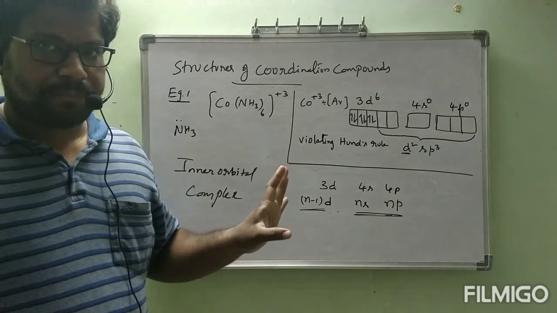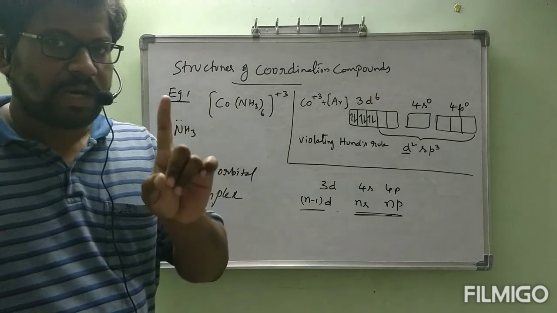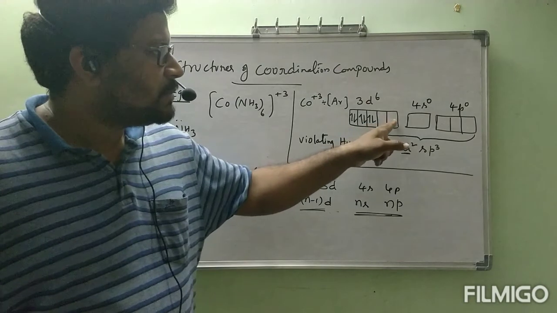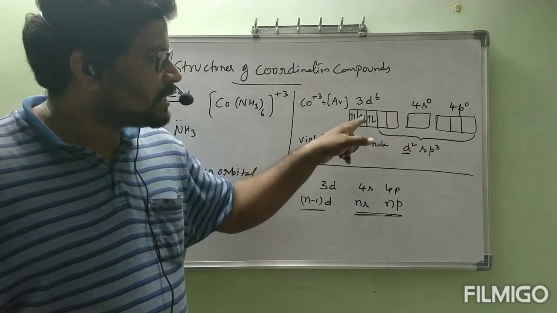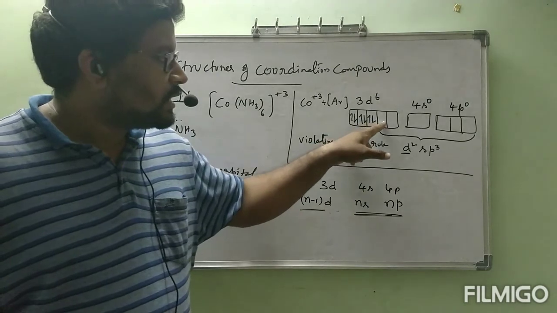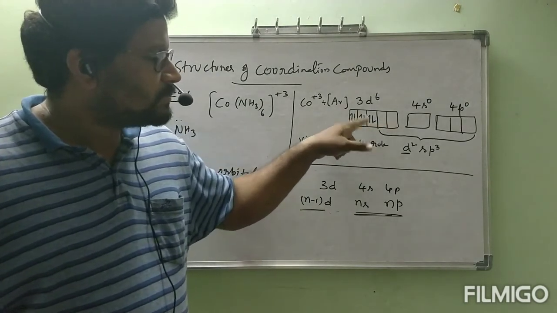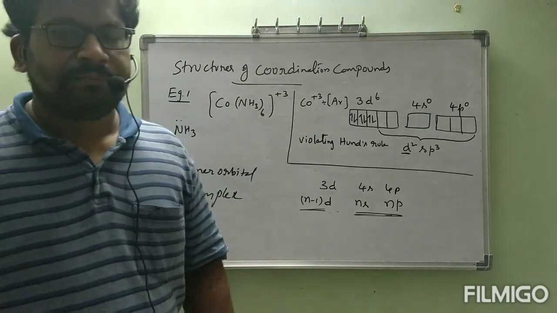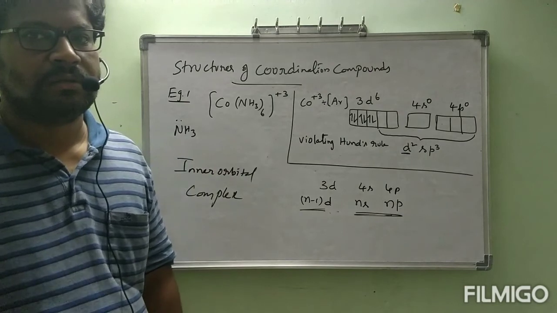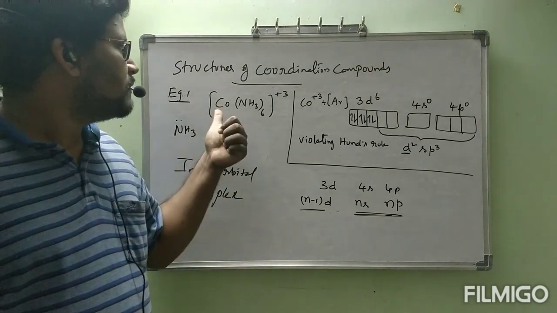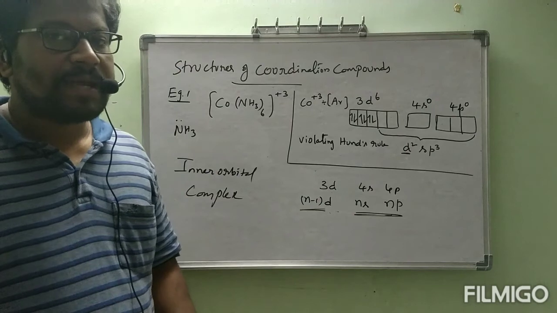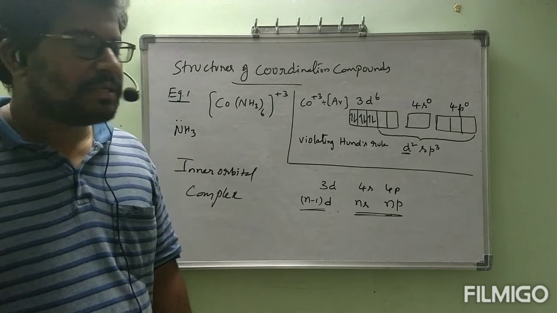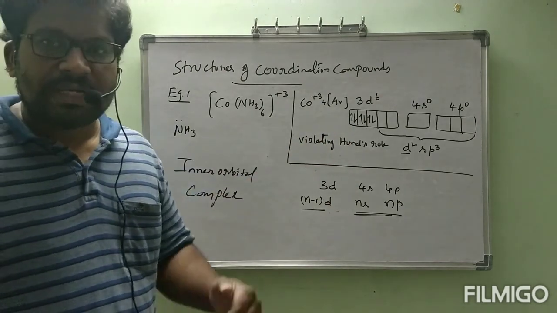No problem at all. But one doubt I can expect from you: why are the electrons present in the 4th orbital and 5th orbital paired with inner orbitals? Means one electron from here is paired, one electron from here is paired. That clarity is not given by valence bond theory. That is a drawback, it remained a drawback for valence bond theory. How can they say that it gets paired like that? You will understand in the next class.